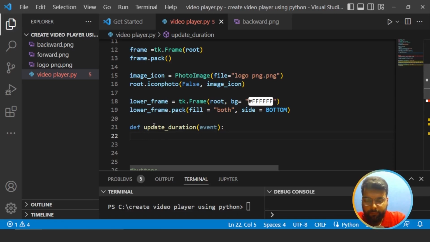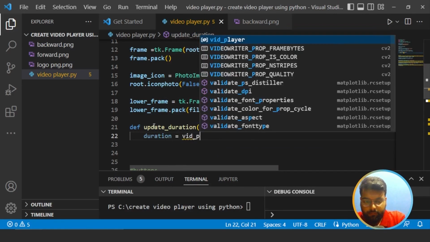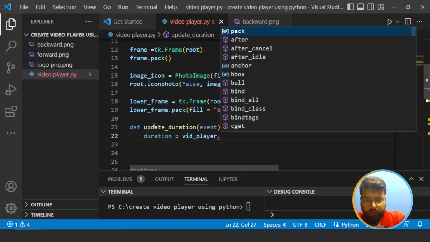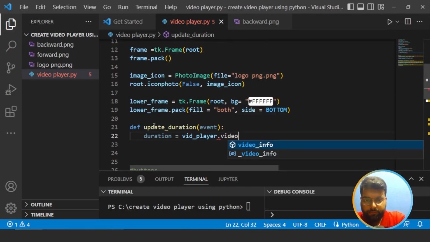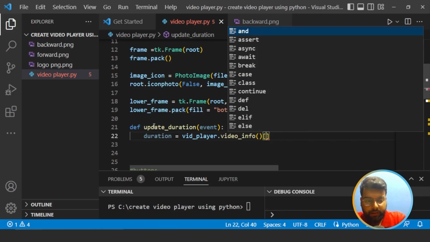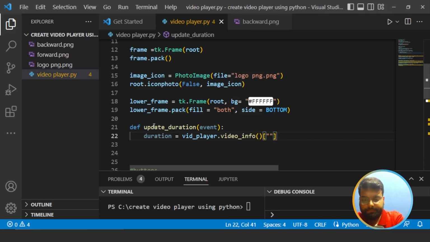So for that, first we will create a variable duration, and inside we would be using the video info method, and inside the square brackets we would pass the duration. And now the end time,